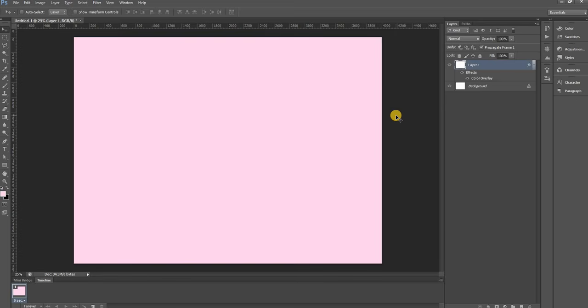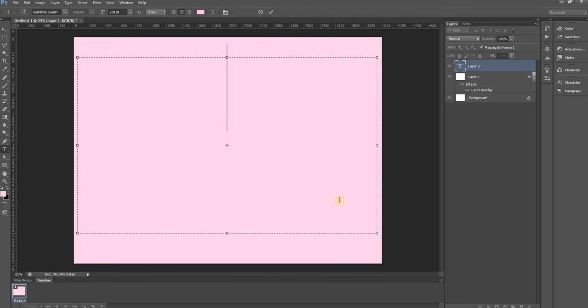Now the most important part is, of course, to create our text layer. This effect is completely editable, so you can change the fonts, the sizes, you can type anything you want, and it will automatically update this effect to your text. So I will select my text tool here and create one big text frame across my canvas and type something